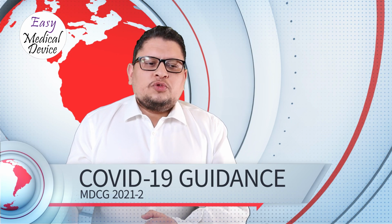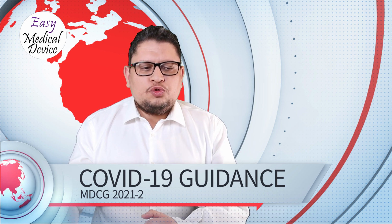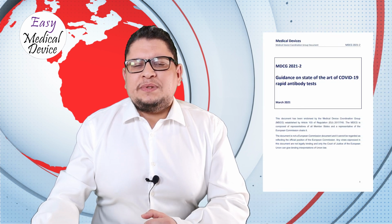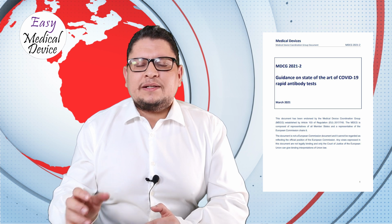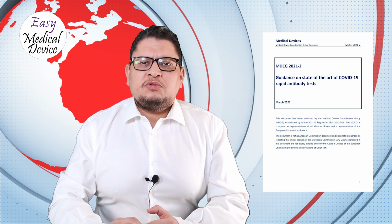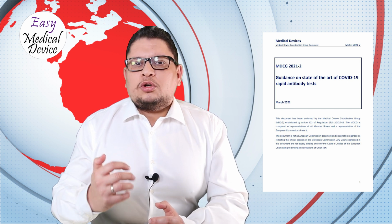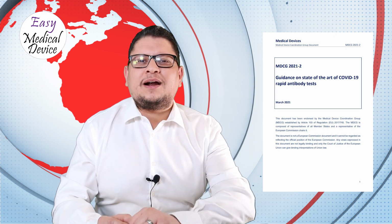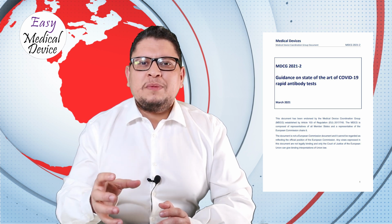Okay, the next guidance we want to talk about is the MDCG 2021-2, which is the guidance on state-of-the-art of COVID-19 rapid antibody tests. Mainly it is a specific guidance on rapid antibody testing, which is interesting because, as I worked on some of those products, because of COVID, a lot of manufacturers are trying to sell those devices on the market, and when you are making an assessment, there is a lot of information that